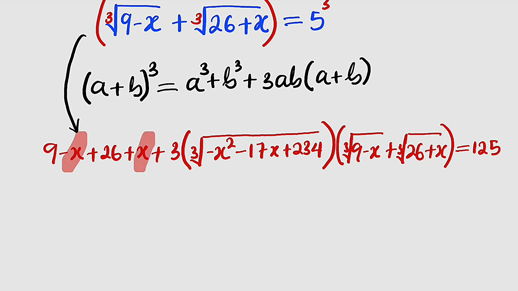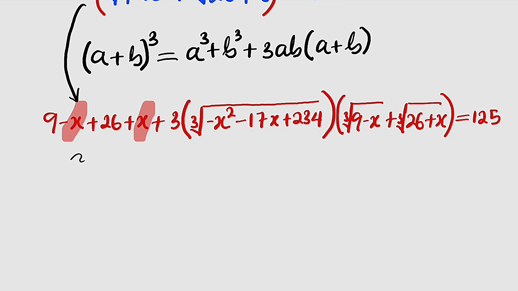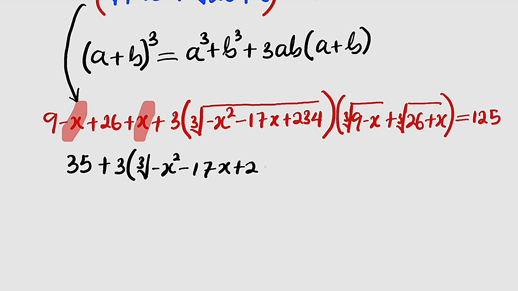Negative x will cancel x. What do we have? We have 9 plus what? 26. And 9 plus 26 will give us what? 35. So we have 35 right here, plus 3 multiplied by the cube root of negative x squared minus 17x plus 234